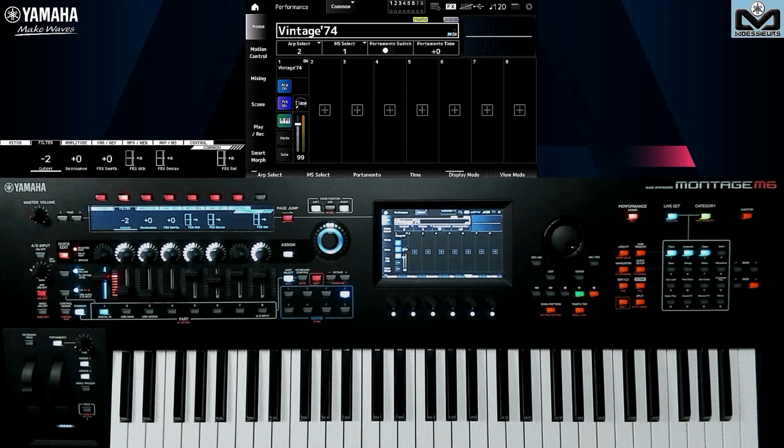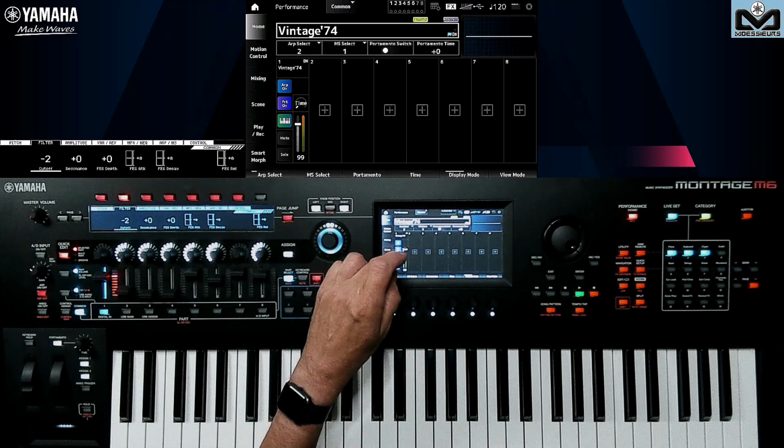So the thing to have in mind in the workflow is that if I want to make splits by group, I need to do it on my Montage M and not store that performance, but send it directly to ESP and store it in ESP. After finishing editing in ESP, when I receive it back in my Montage M, then I can store it on Montage M. Is there anything else I can't do in ESP?